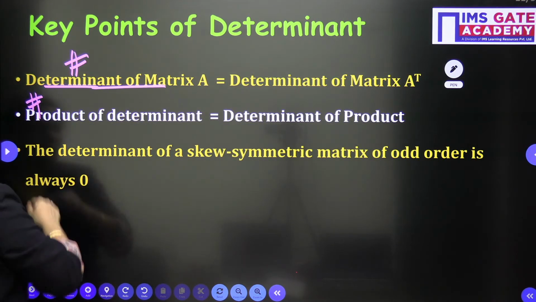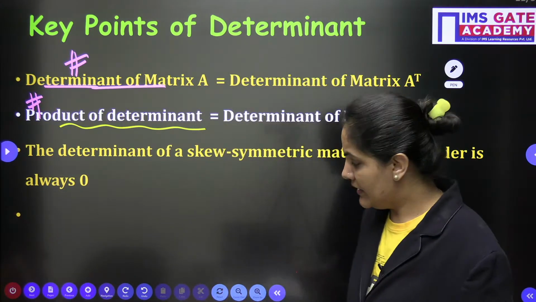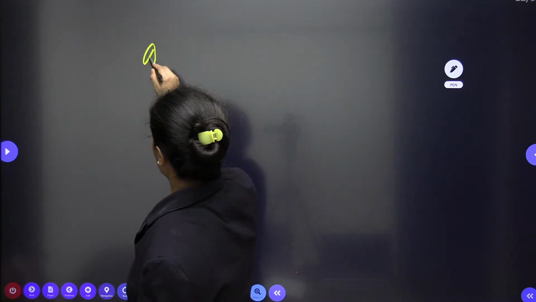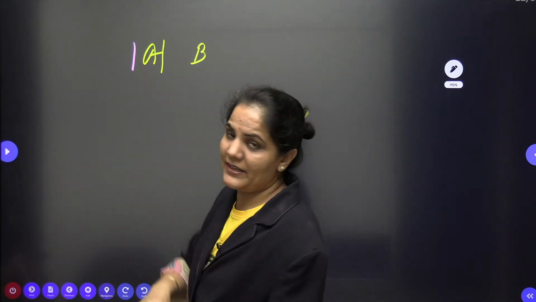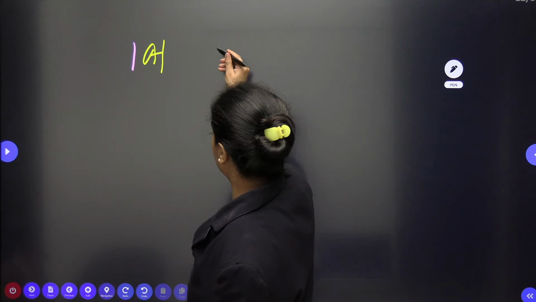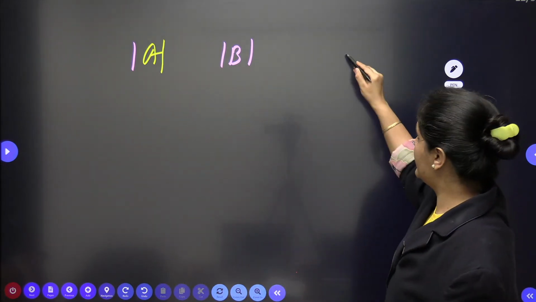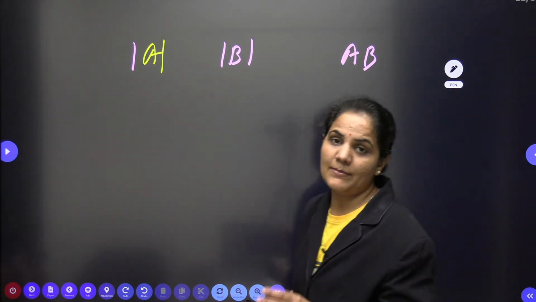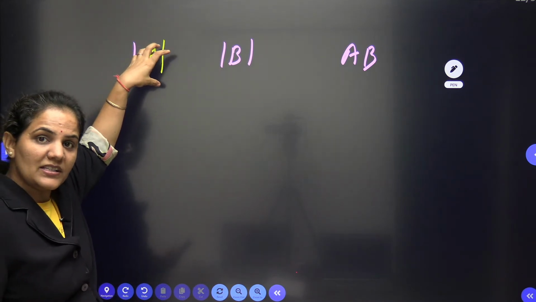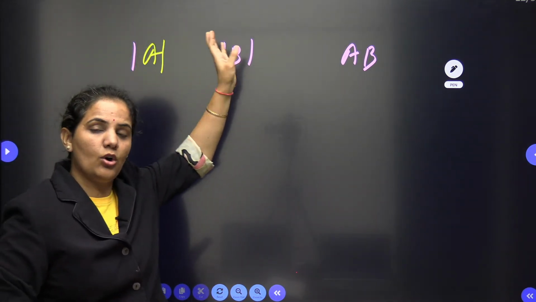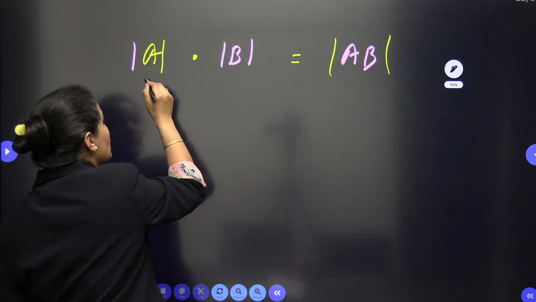And the next one, directly a GATE question we are having based on this one, that the product of determinants is equal to the determinant of the product. What is this? Suppose I am having matrices A and B, and one more matrix which is AB. So we are having three matrices A, B and AB. If I find out the determinant of matrix A, then the determinant of matrix B, or the determinant of matrix AB, then here the product of these two determinants,